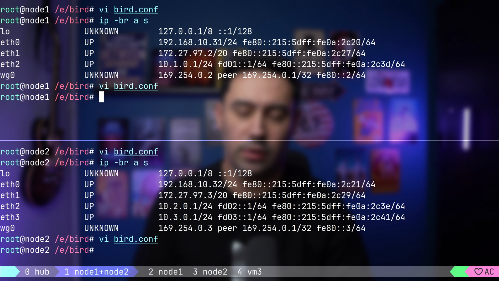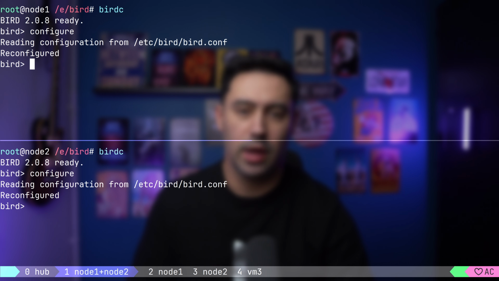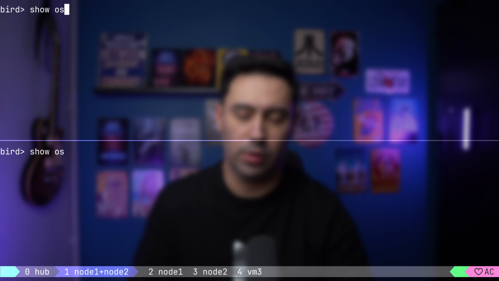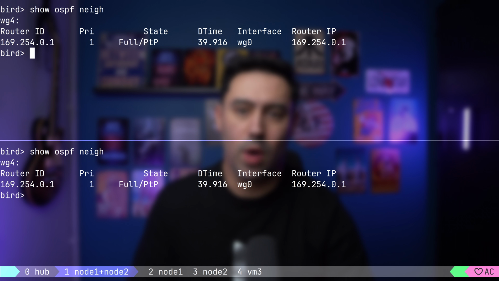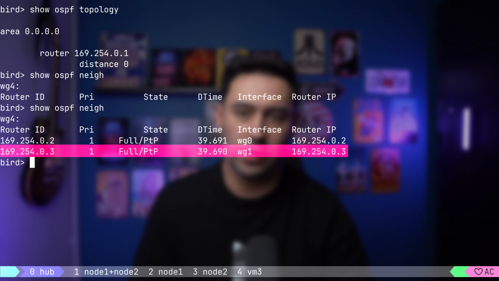Save the configuration. Run our Bird command line tool and reload the configuration. Let's list our OSPF neighbors. Both node 1 and node 2 show the hub as the neighbor, reachable via WG0 interface. If we list OSPF neighbors of the hub, we have two neighbors. Node 1 with router ID 0.2, reachable via WG0 interface, and node 2 with router ID 0.3, reachable via WG1